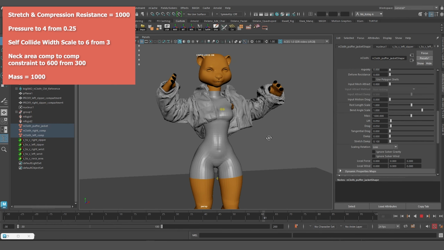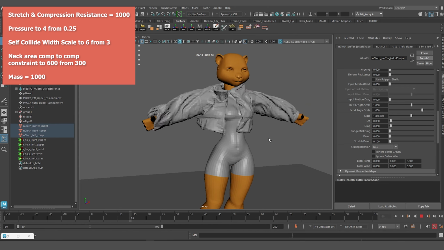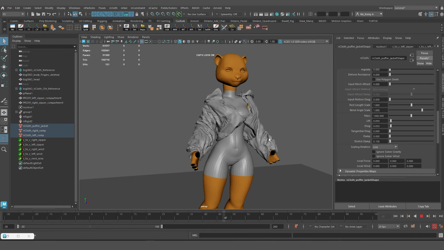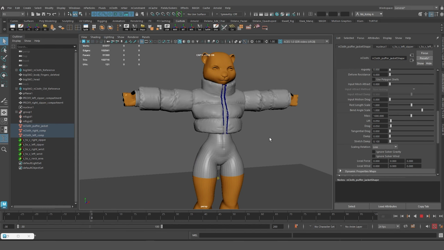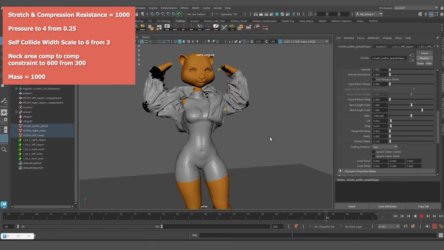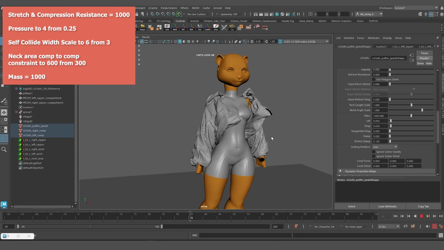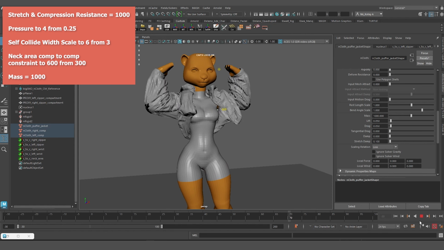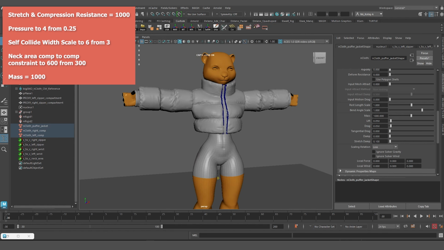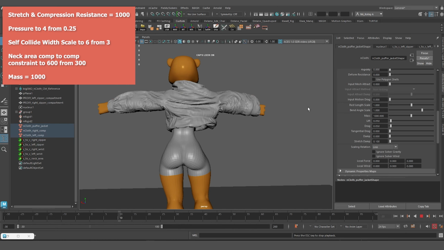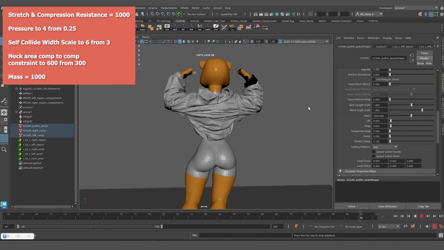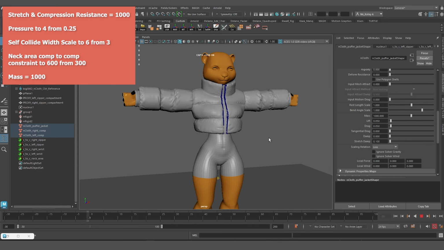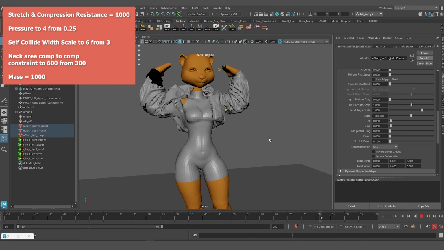But usually when you start, you want to look at what 1 unit is equal to in your scene, what your scene scale is, and then adjust this space scale value in the nucleus. So after taking a look at it with these new hiked up values, compression and stretch resistance 1000, pressure increased to 0.4, self collide width increased to 6, the strength of the component constraint in the neck area to 600, and a mass of 1000, I started to realize that there were some major issues with the spacing of my